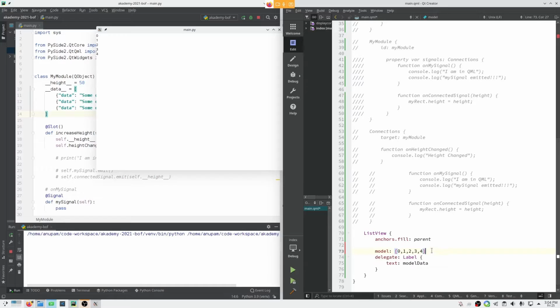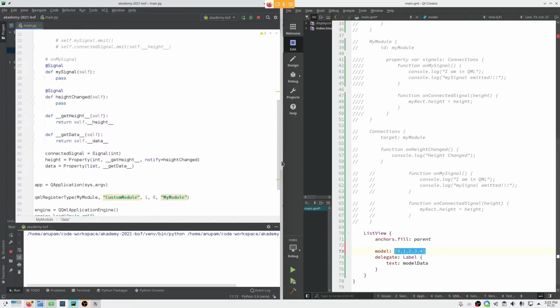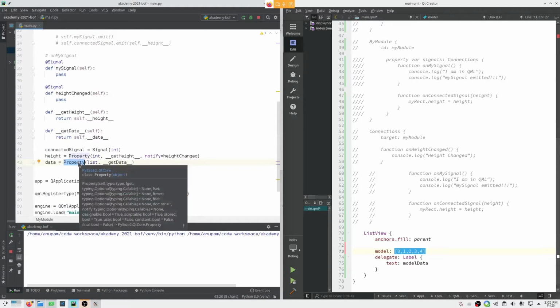Now, instead of providing this static value in model, I want to use this array, a Python array, expose it as a property and use that.